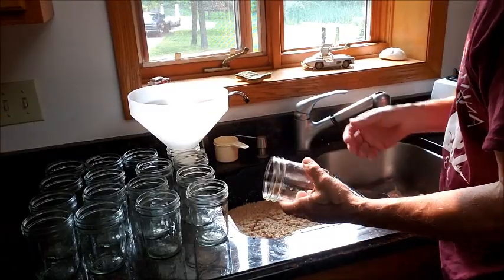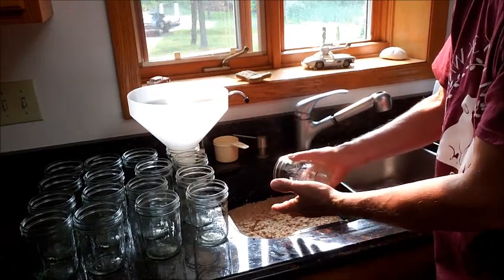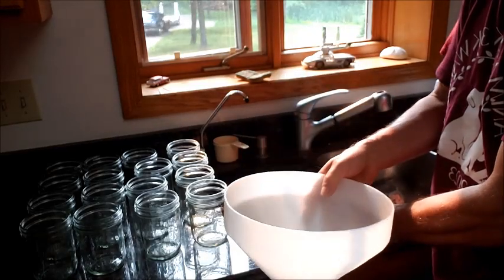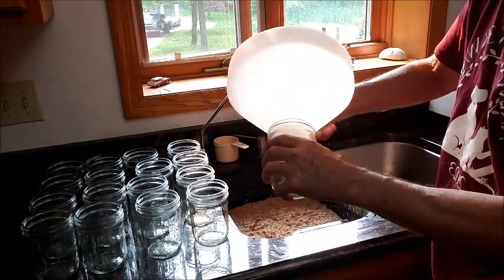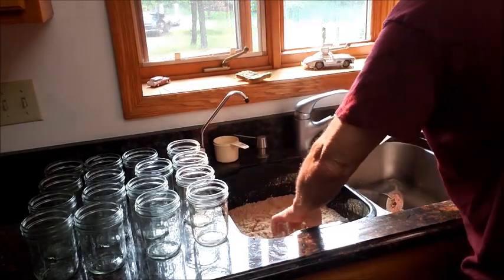Okay, I'm ready to fill my jars. I used to fill them with a spoon. It got all over. The outside of the jar was a total mess. I bought this funnel. These are for filling water softener tanks. It's probably 2-inch diameter. It fits in the bowl perfectly. I use a jar as my measuring tool. So I just go in and scoop